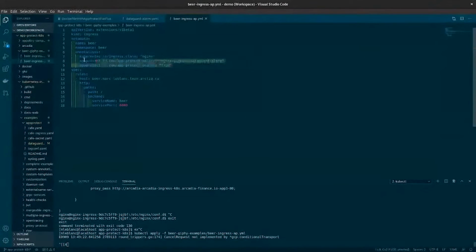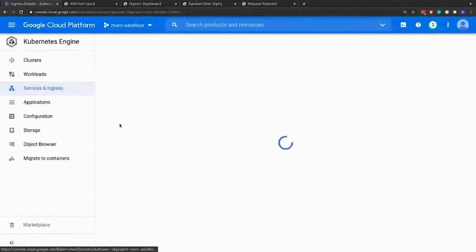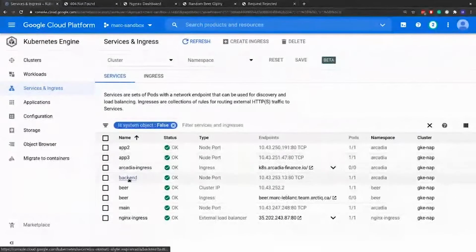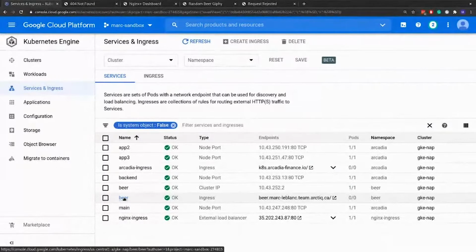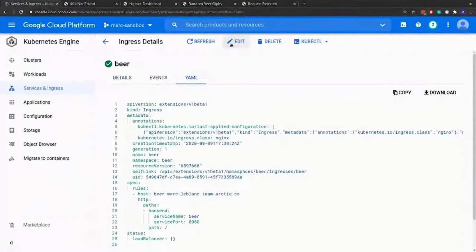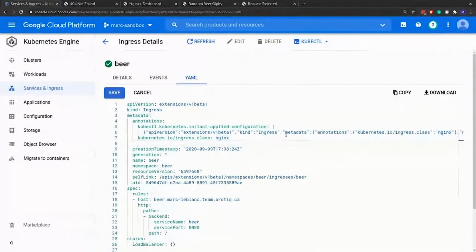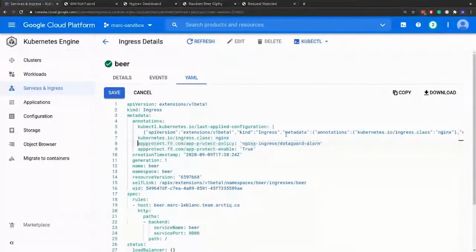All right. Let's cheat for this demo for today. So again, if I want to apply those annotations, the YAML file would have made this change for me, but in the console, you can drill down in. You can come over to the YAML, edit, and then I just look for my NGINX annotation, and I dump these ones in here. So same thing, we're telling it which policy to load, we're telling it to enable app